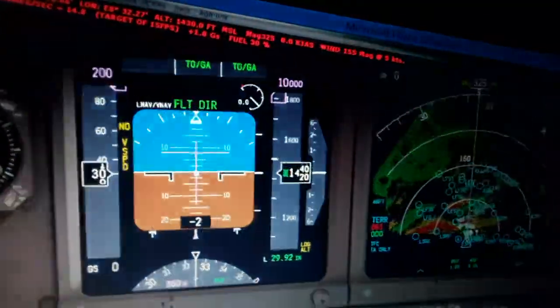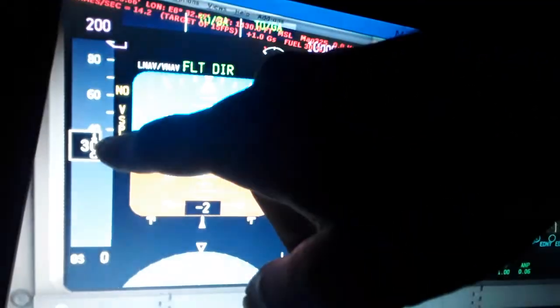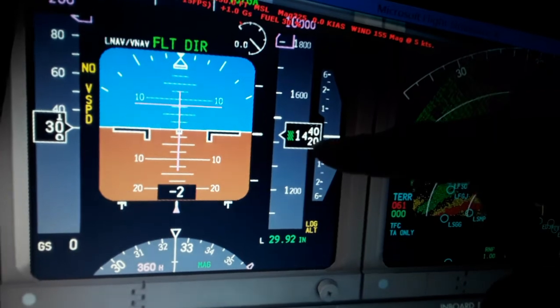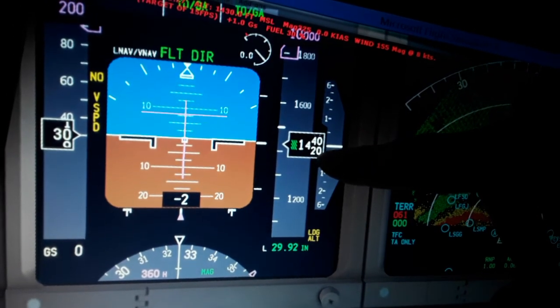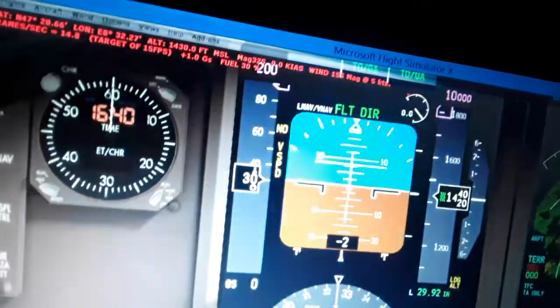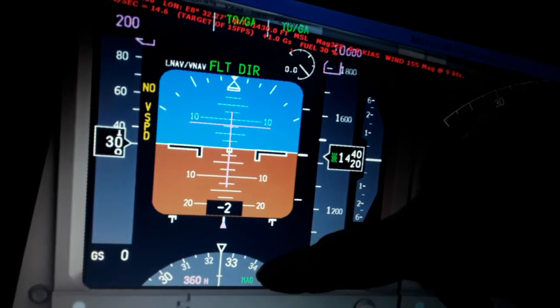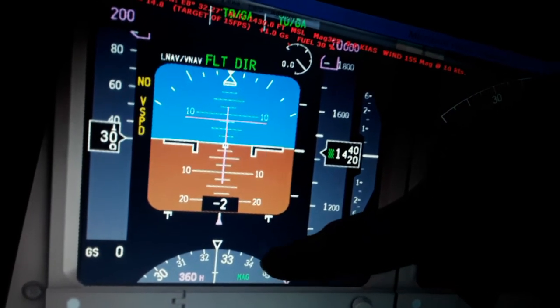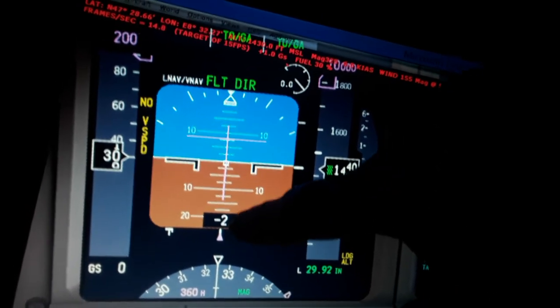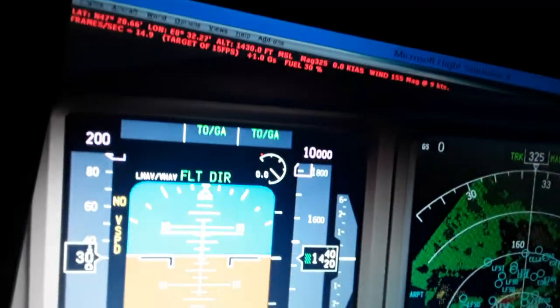Here we have the primary flight display. As I told you, it contains the information: the airspeed, the ground speed, the minimum airspeed displayed is 30 knots. The barometric altitude above sea level, 1,430 feet. Our airspeed right now actually is 0 knots. So we have magnetic and true north reference here, the radio altitude, the flight director crossbars over here in the